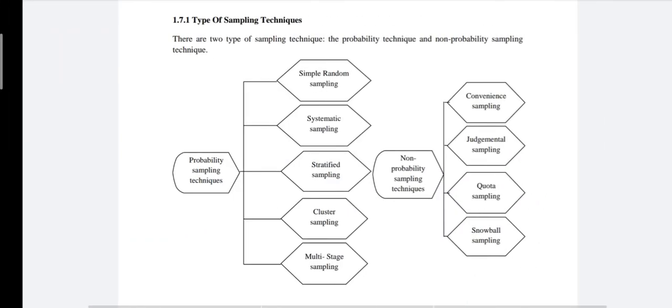Okay, alright. So in order to collect the data, kan data semua yang kita dapat tu, in order to analyze the data that we get, analyze using the inferential statistic, we need to do the sampling technique. Sampling technique ni maksudnya we select the sample from population. Kita hanya ambil sebahagian sahaja. Okay, so we can use the sample data untuk represent all the entire population. So we need to do the sampling technique, and then the sampling technique ada dua, ada probability dan juga non-probability.